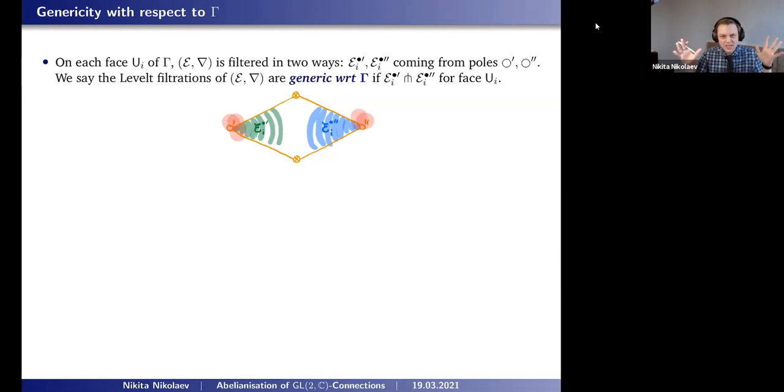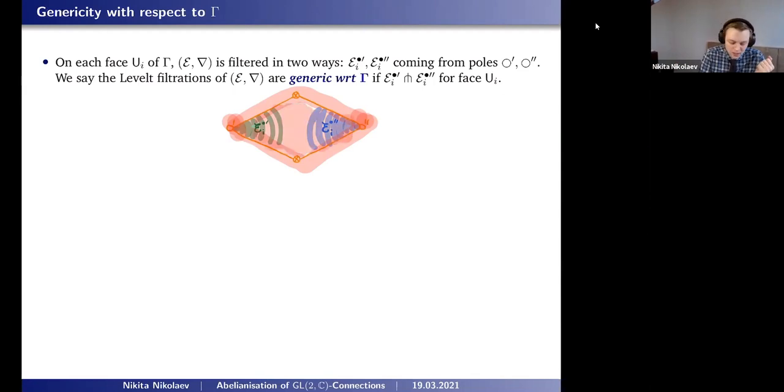But because they're flat, I can analytically continue them, or parallel transport them anywhere I like. And in particular, because each face has the topology of a disk, a simply connected space, I can always take these filtrations and parallel transport them over the entire face, and then